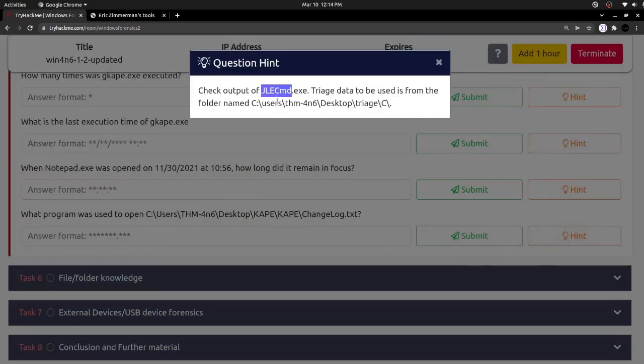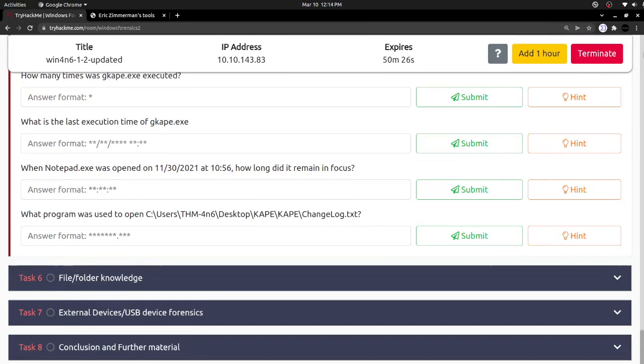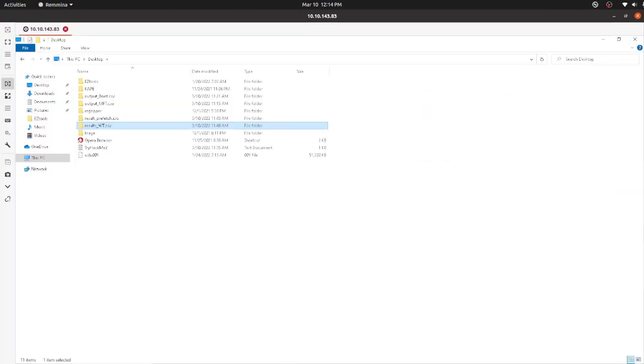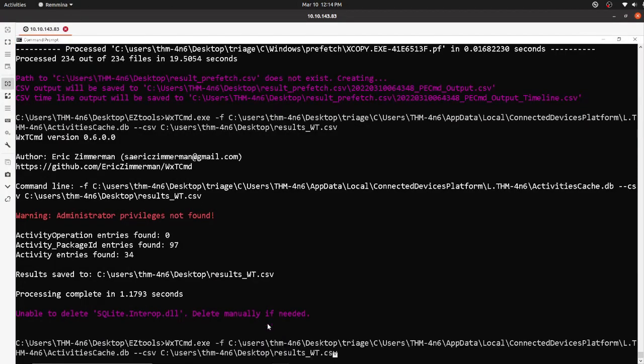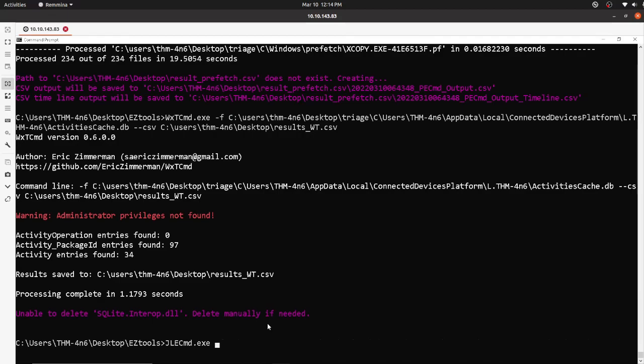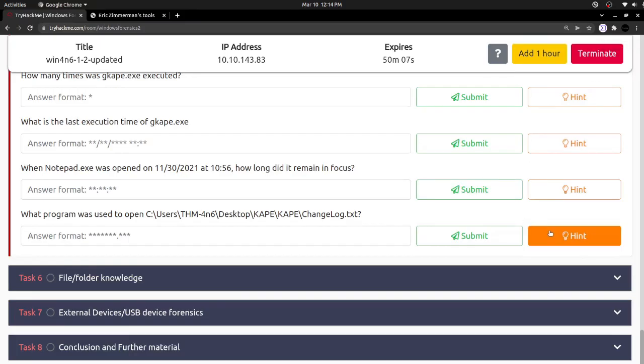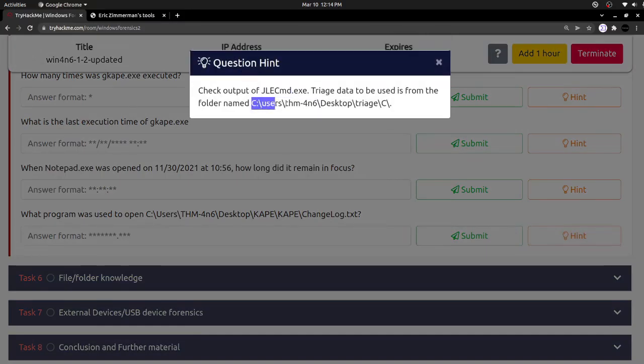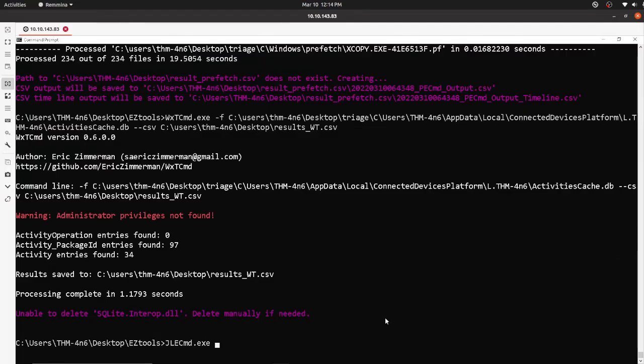And the executable name JLECmd, and here is the folder, -d, I suppose.